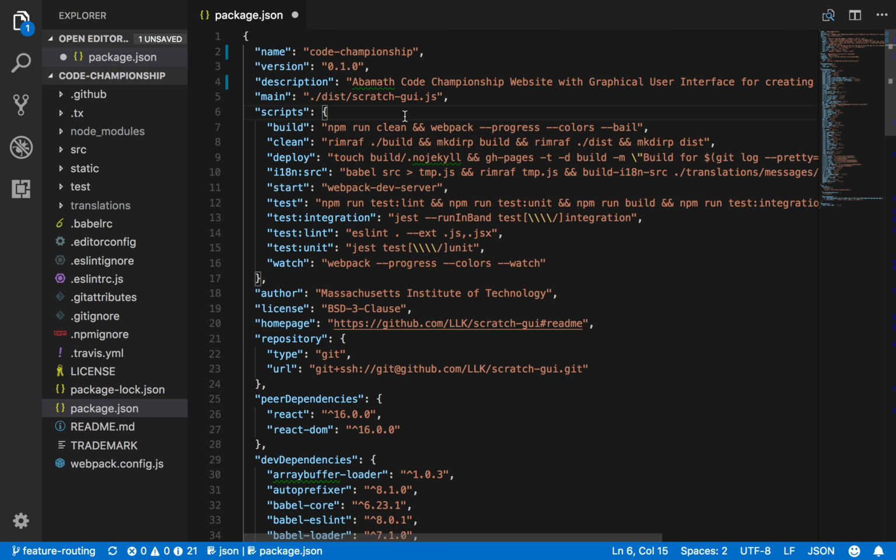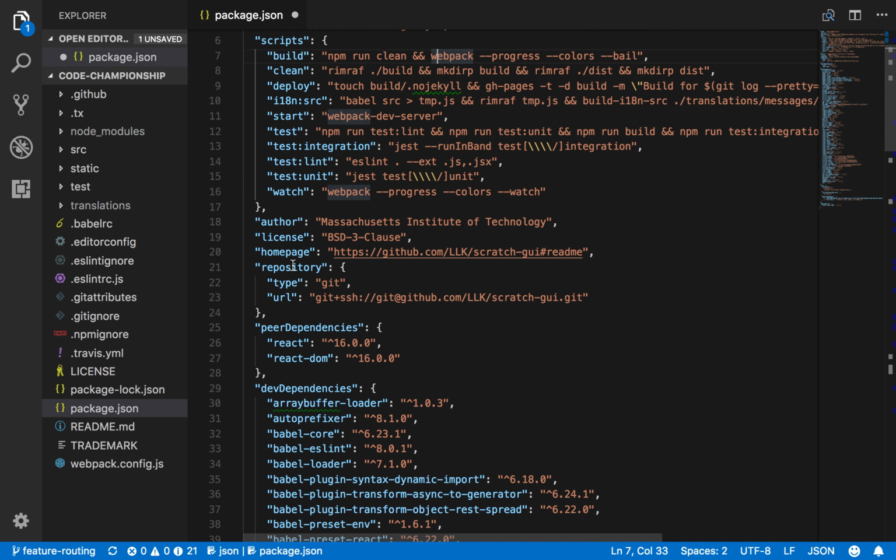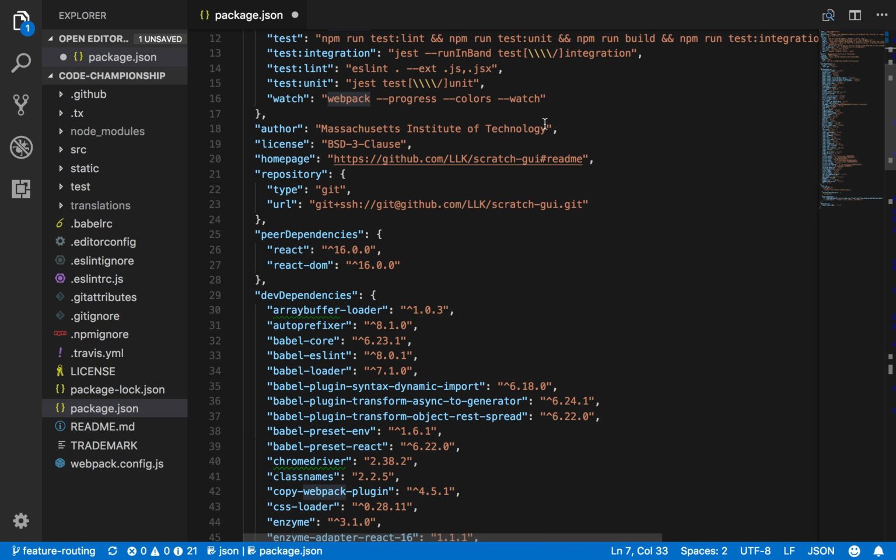And the main file for this, I suppose if I build it now, that might still be true. At some point I might want to change that because it won't be that file. It'll hopefully be like an index.html, but that doesn't make sense because that's not a JavaScript file. I'm guessing I'll need to change this later, but I don't totally understand what I will be changing, so I'll leave it. The build, the clean, all of these, I'm going to leave those as is for fear of breaking it. The author is